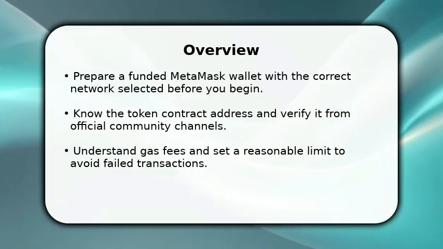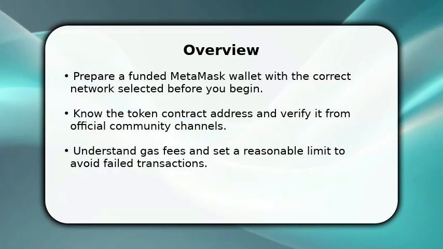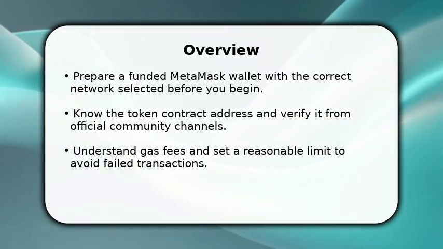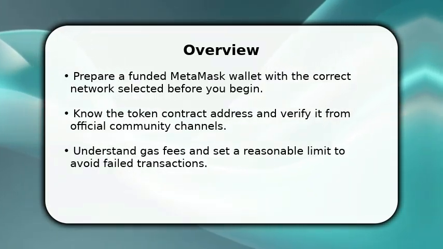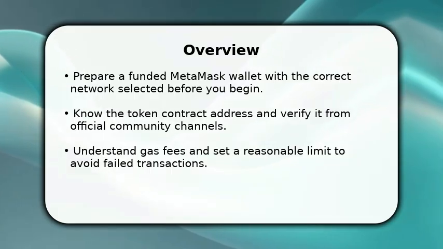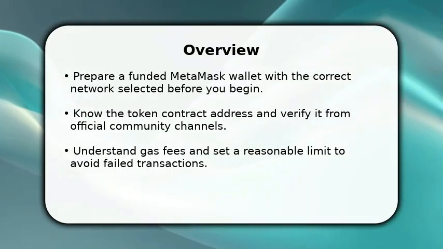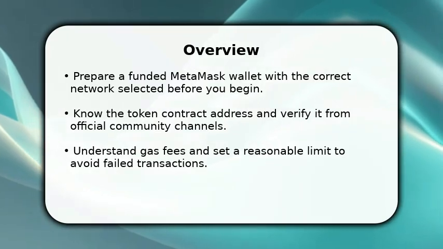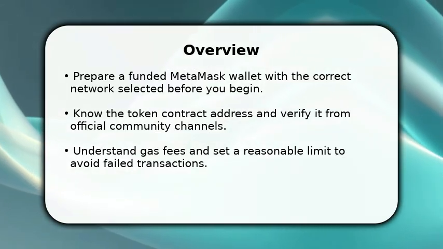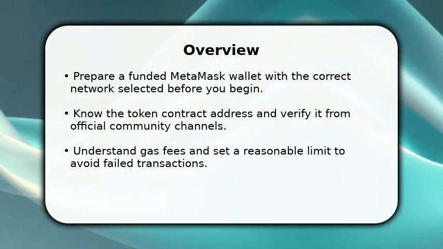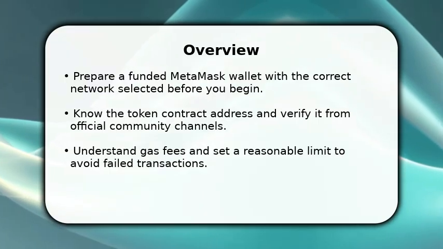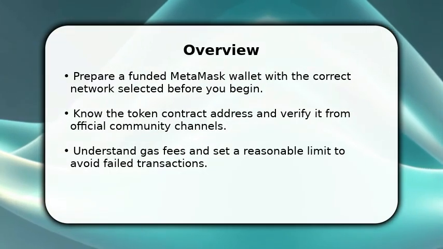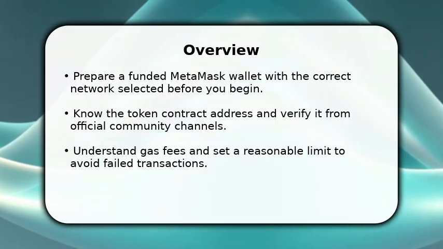In this video, I will show how to buy Blockdag using MetaMask step by step. Open MetaMask and confirm you are on the right network, then check your balance. Add the token contract address and import the token to view it. When swapping, review slippage and gas settings to avoid issues. Confirm the transaction and wait for network confirmations, then verify your token appears in your wallet and record transaction details